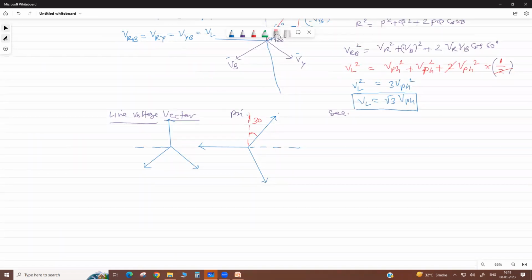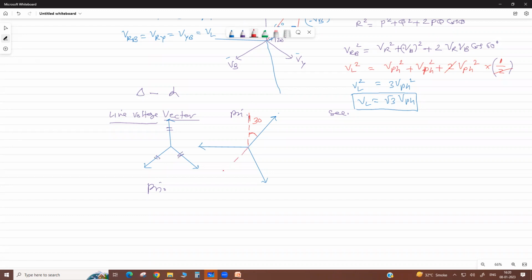Suppose the primary is delta, and this is your secondary. We are talking about the delta-star connection now. This delta means this is the line voltage, all three line voltages. But when we initially draw,